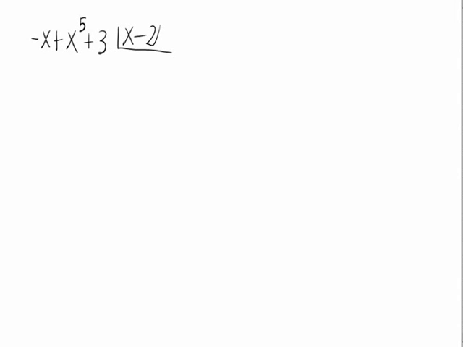Let's solve the division we see on the screen. As we can see, we have a polynomial divided by another polynomial, and to begin with, what we're going to do is rearrange and complete the dividend and the divisor. So the dividend would be minus x plus x to the fifth plus 3, that is equal to, the biggest